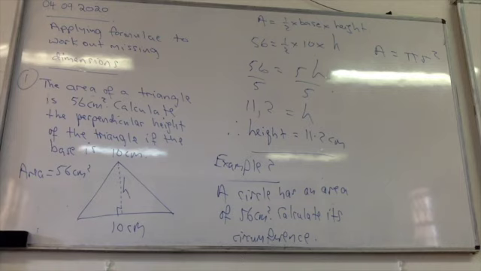56 equals pi r squared. Yes, but it's not the radius. We're going to find out what the radius is. You just put 56 equals pi r squared. I wrote that down. So whatever we can highlight. R squared. Say 56 equals pi r squared. So then you have to figure